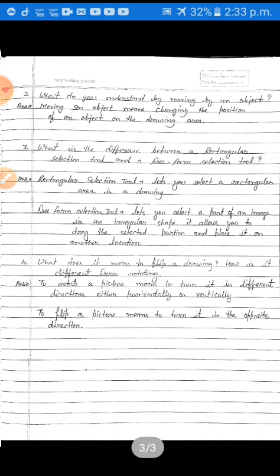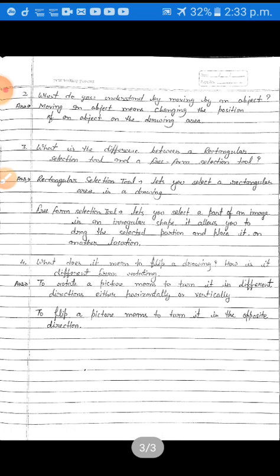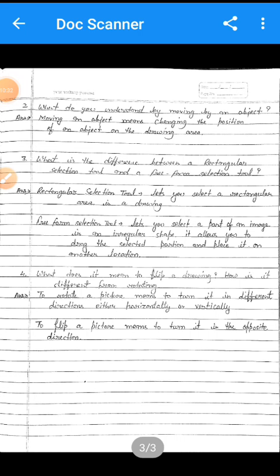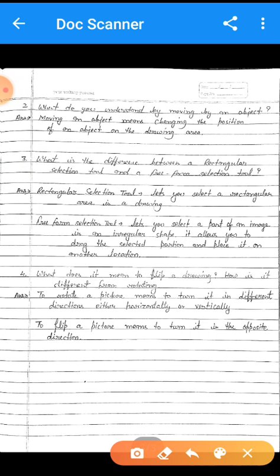Okay students. Now come to the next question, that is question number 2. Question number 2 is, what do you understand by moving an object?